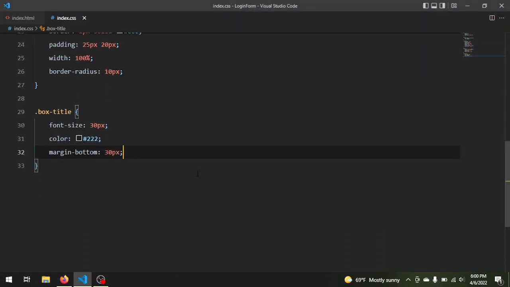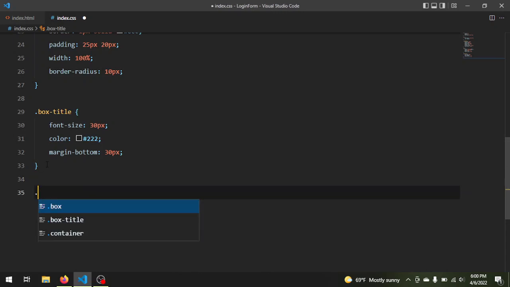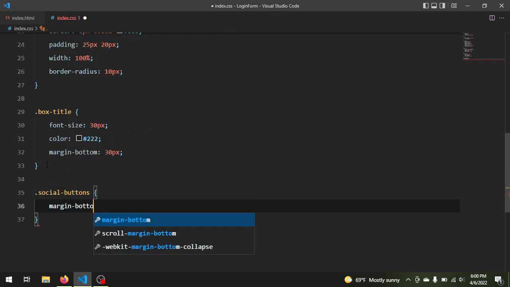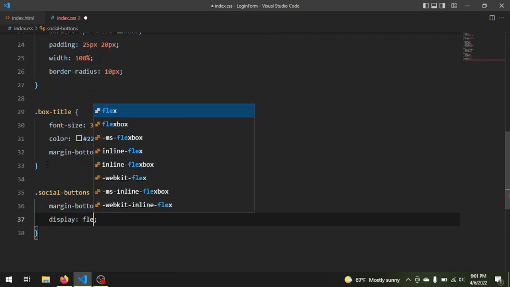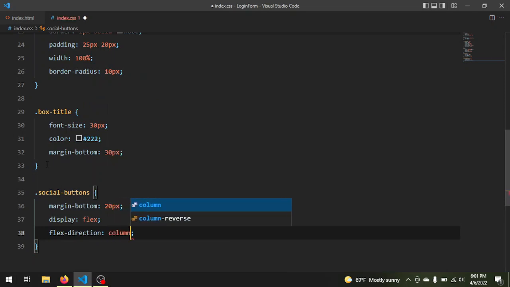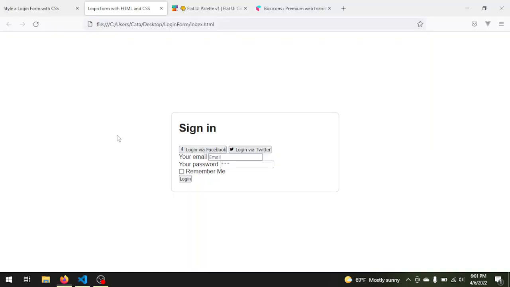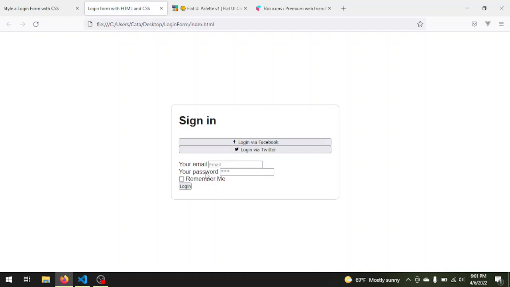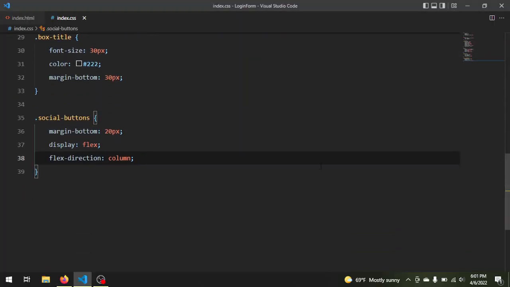Now those social icons, social buttons, we give it a margin bottom of, let's say, 20 pixels, a display of flex and flex direction, let's say column. Save and go back to the browser. This is what we want. Now we want to add some margin to the first social button, so we say